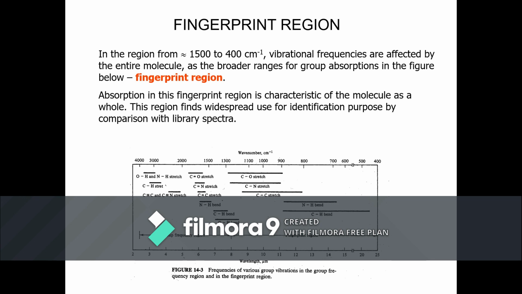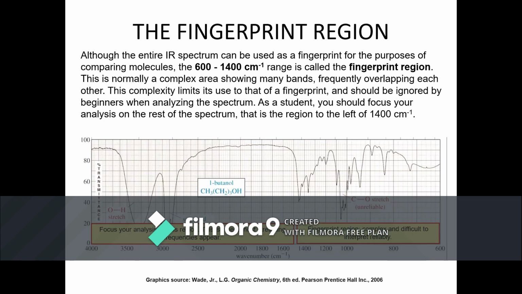In the region from 1,500 to 400 centimeters to the -1, vibrational frequencies are affected by the entire molecule, as shown by the broader ranges for group absorption in the figure below, the fingerprint region. Absorption in this fingerprint region is characteristic of the molecule as a whole. This region finds widespread use for identification purposes by comparison with library spectra. Although the entire IR spectrum can be used